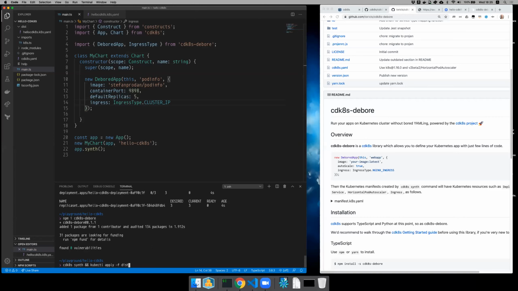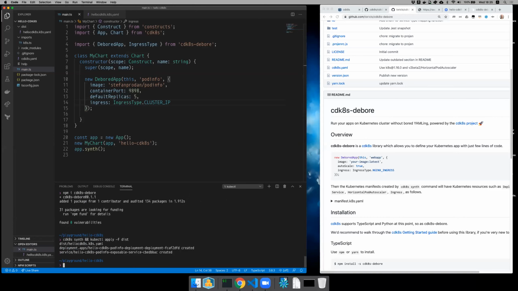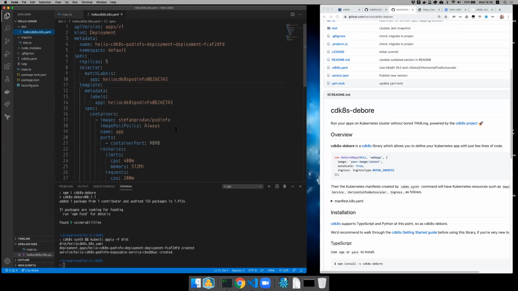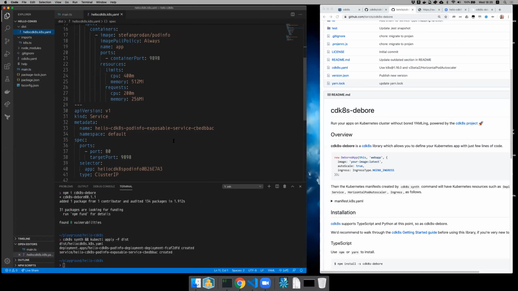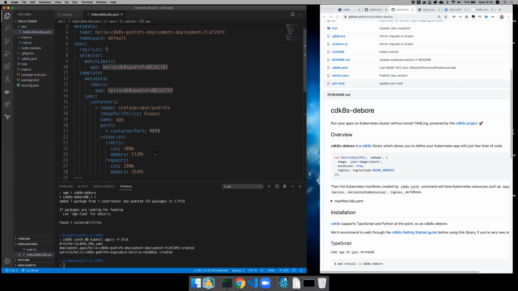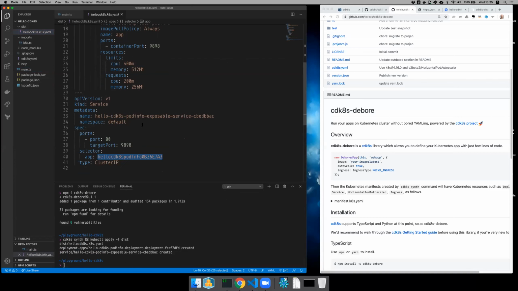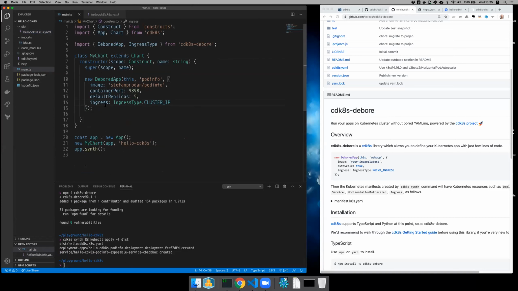Let's do this again. So first of all, you see that it created a new set of services and deployment. And if I look here, it just did all of that cruft for me to create the service and connect it. You see that it also created a unique selector for my application and matches those together, which is a detail that I really don't care about at this level.